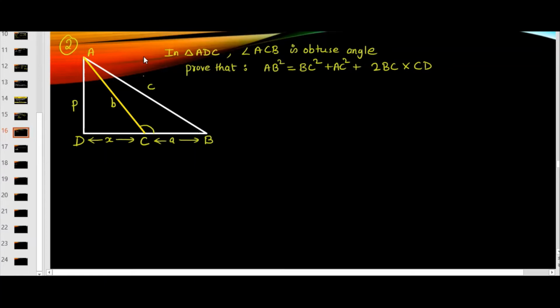Let's take triangle ADB. That means we are taking a bigger triangle here. Here you can see this is 90 degree. It's a right angle triangle. Or we can take triangle ADC first. In triangle ADC, you can take this small triangle. Let me shade this. We are using Pythagoras theorem for this triangle now.